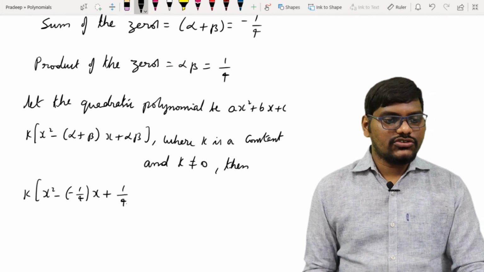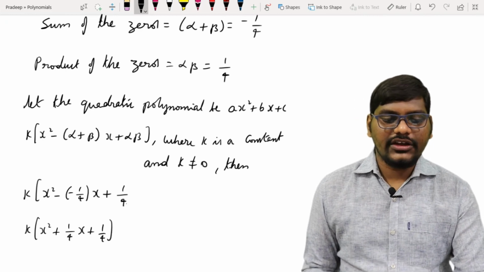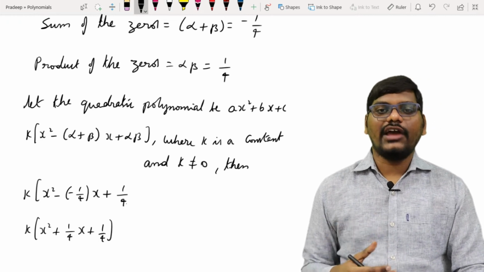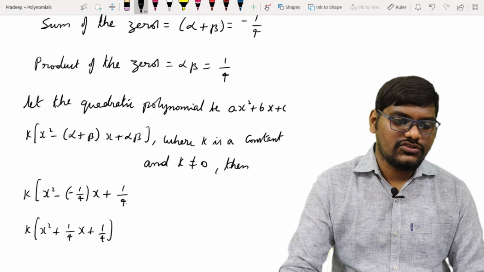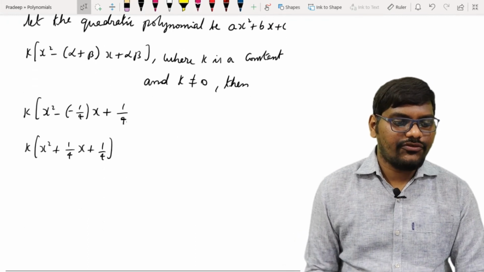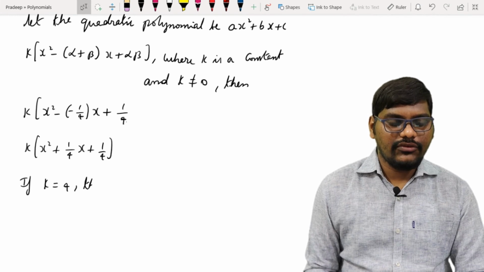Okay, so let's further solve this. k into x square minus x into minus plus 1 by 4 x plus 1 by 4. As the denominator has 4 as the value, we can just cancel that 4 by taking k as 4. So I'll write the same here. If k is equal to 4, then the quadratic polynomial will be,